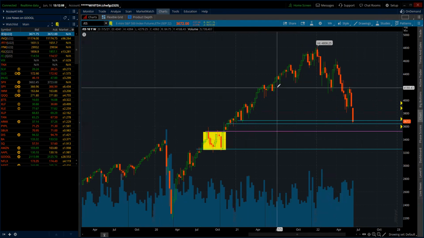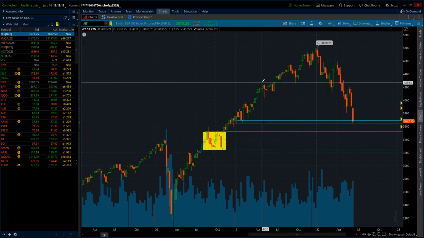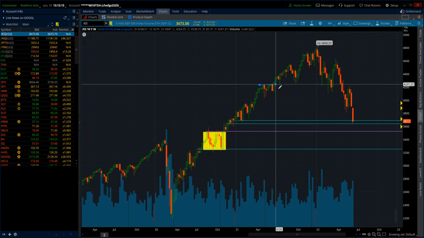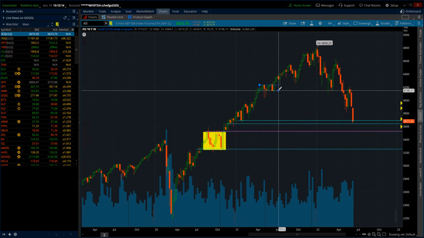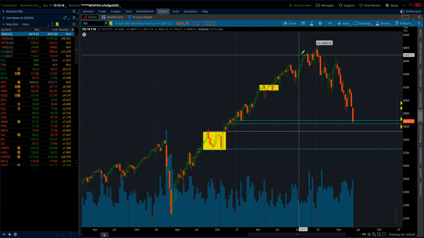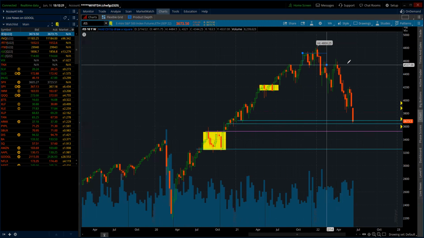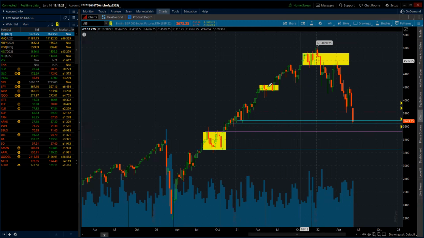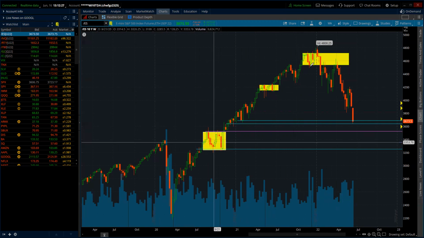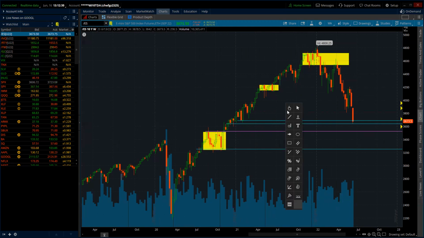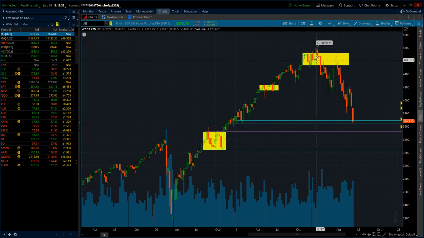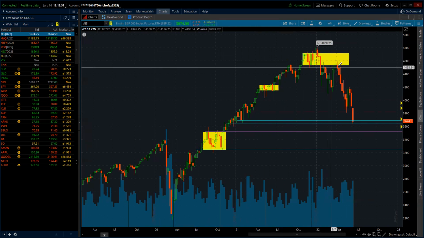Plain and simple. So I'm going to show you little small areas of distribution, okay? So this is a little area where we have some distribution, and then you have the bigger area of distribution, okay, right here. Look how perfect that is, okay? So we went sideways here, we went sideways here, we went sideways here. The difference here is that you want to grab the bigger candles, the bigger times where it goes range. This one did not hold. This one did not hold. So it created this as a supply.